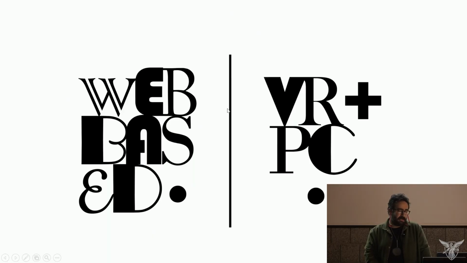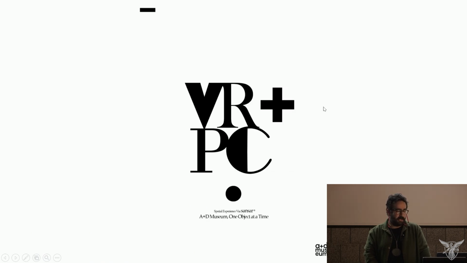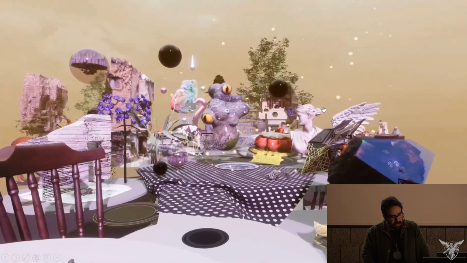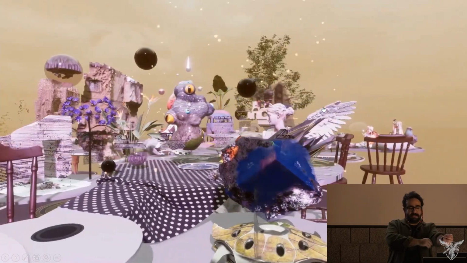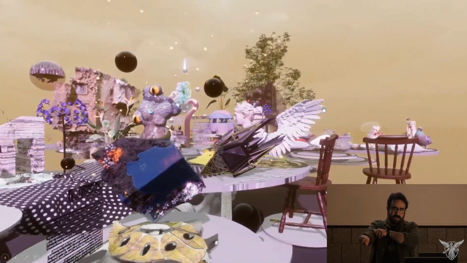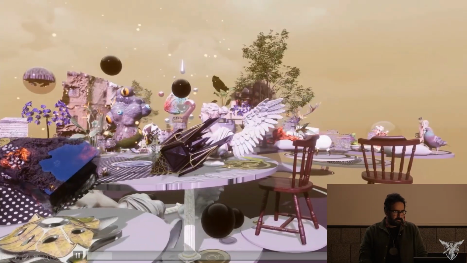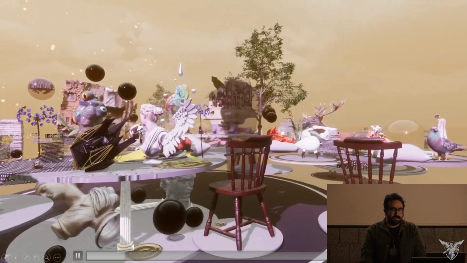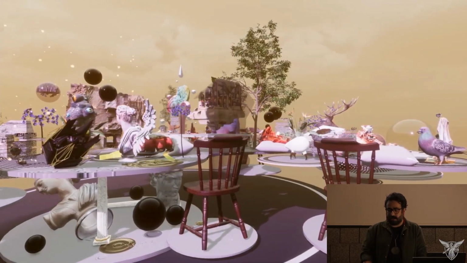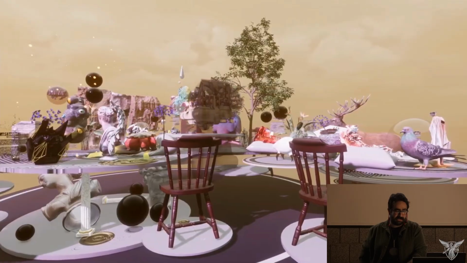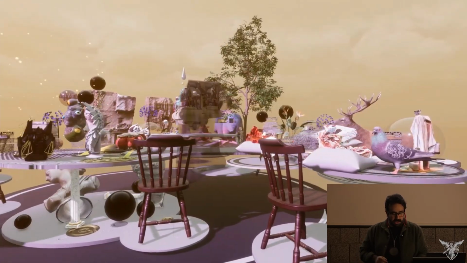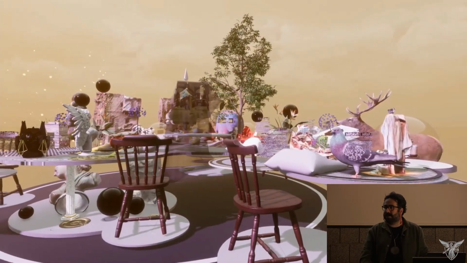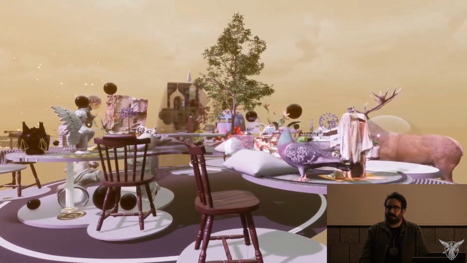So the exhibition consisted of two experiences: one real-time, multiplayer VR experience that everyone could join in real time, which again was a world-building project made with the objects of the designers who participated. Turning this exhibition into an inhabitable world was again an attempt to anchor it back into the idea of physicality.